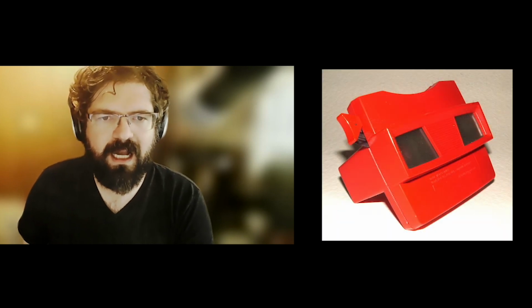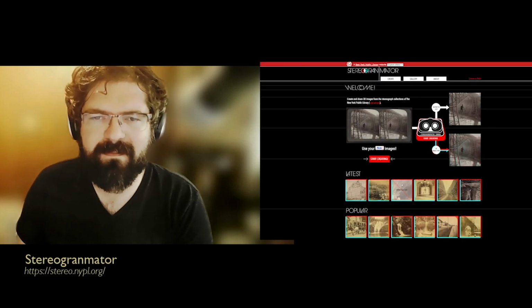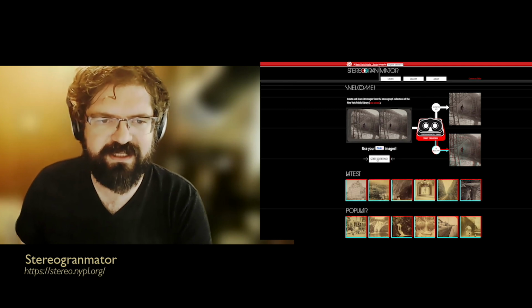Back when stereographs were popular, people viewed them with a special viewer called a stereoscope. You might remember Viewmaster toys. A little known fact about me is that I used to own an antique store, and one of my favorite things to do on slow days was to go through the boxes of old stereographs and Viewmaster discs I had lying around. Seeing that stereograph in our collection reminded me of an amazing digital project from over 10 years ago,